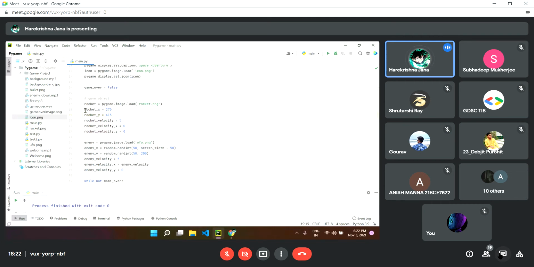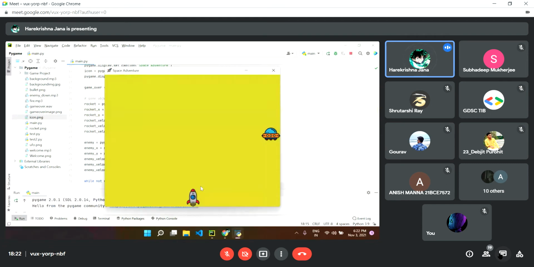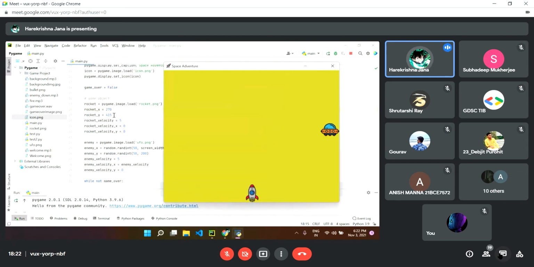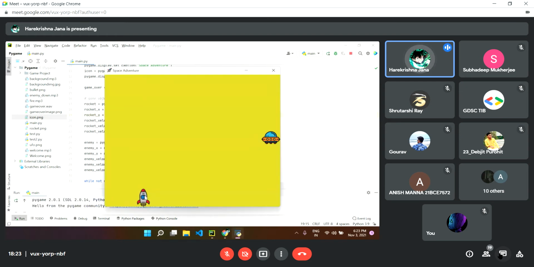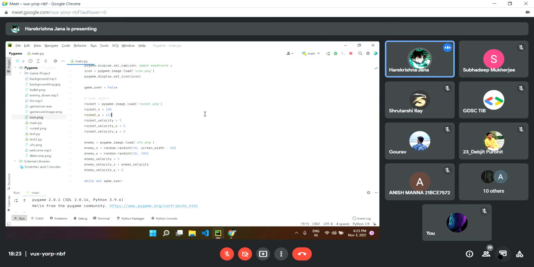Then I have put the rocket x and rocket y, the coordinates for the rocket, where we want the rocket first. So I put the rocket here because my coordinates are 270 and 415. If I change this, you can see the change. If I put 100, the x-axis will be 100, but the y-axis will be 415. So you can see the rocket is now here. So let me,